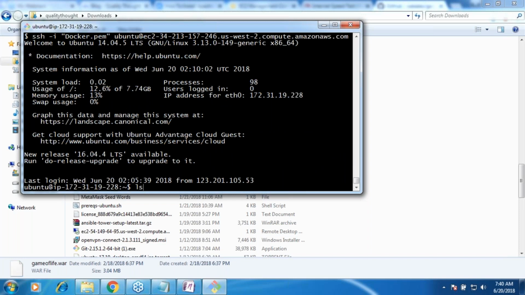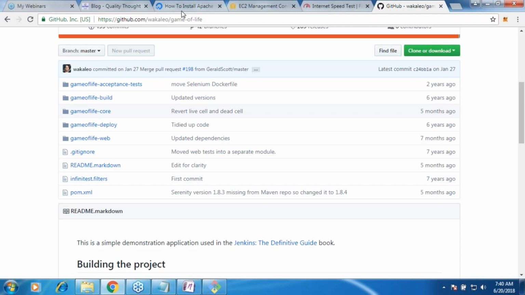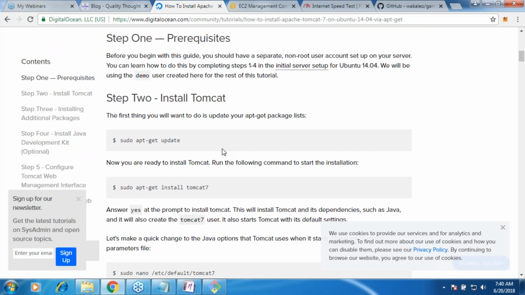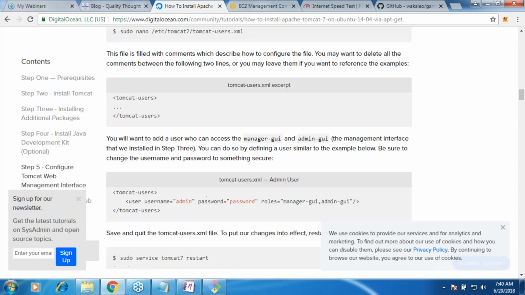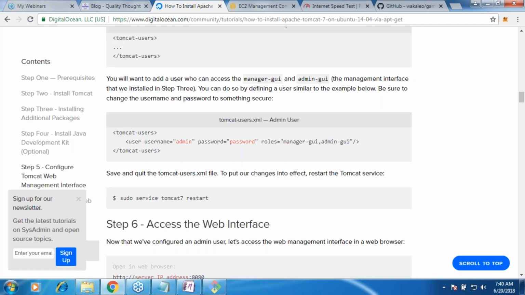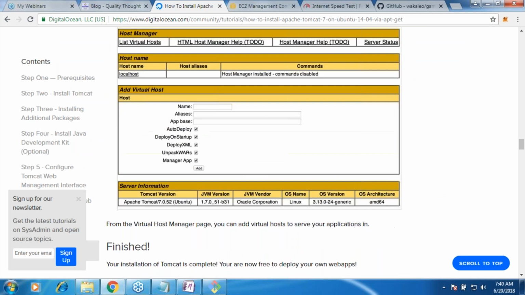Okay. Are you seeing this? Gameoflife.war. Shall I copy this file onto Tomcat? There will be a folder called webapps. This is how you install Tomcat, and this is where your web applications are and all of that.